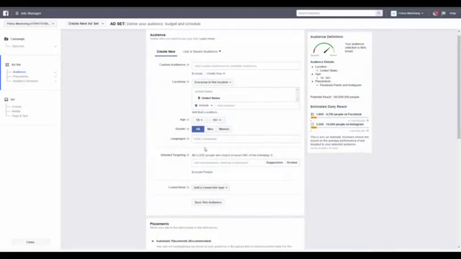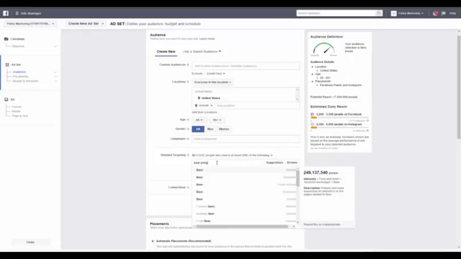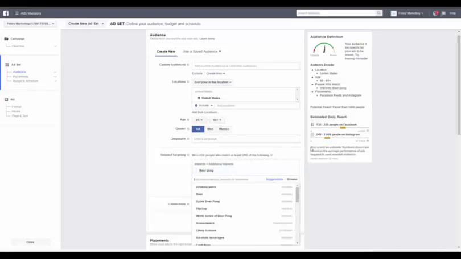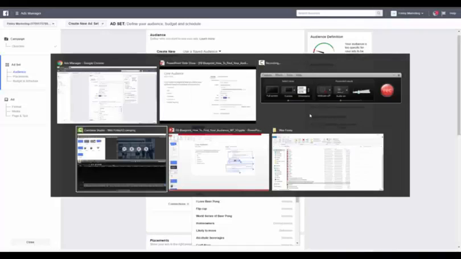You'll notice that there's a nifty little meter here on the right that estimates the audience size based on your current settings. So if you select something like people who are 65 years or older and interested in beer pong, you will see that you probably get an audience that's a little below what you would like with fewer than 1,000 people. So this is just an example of how you can test your audiences in real time. Let me go back to our actual presentation now. Where is it? There we go.